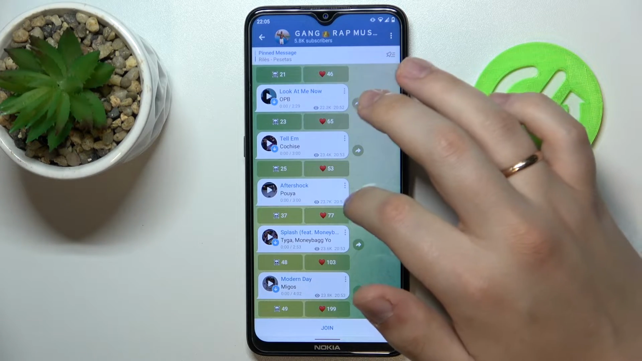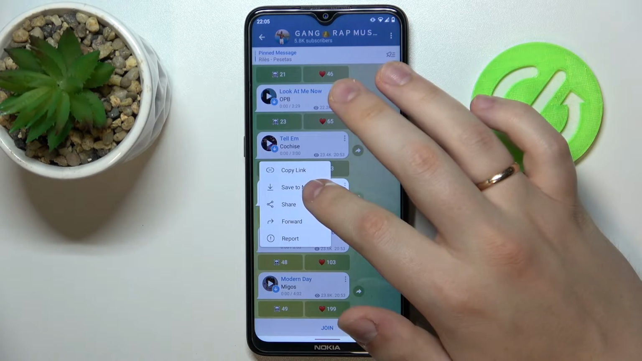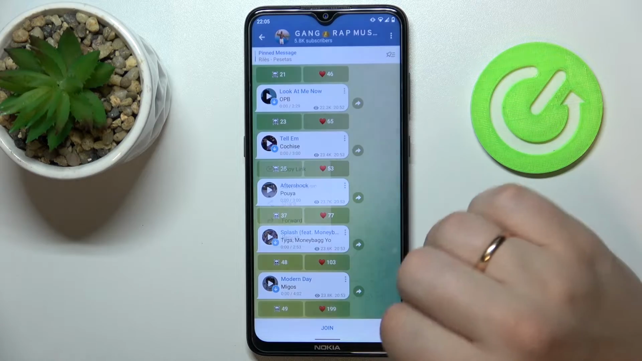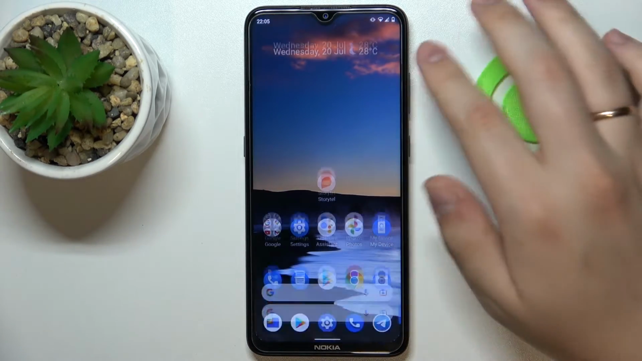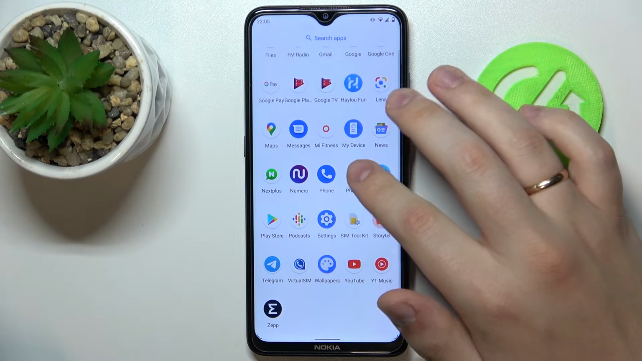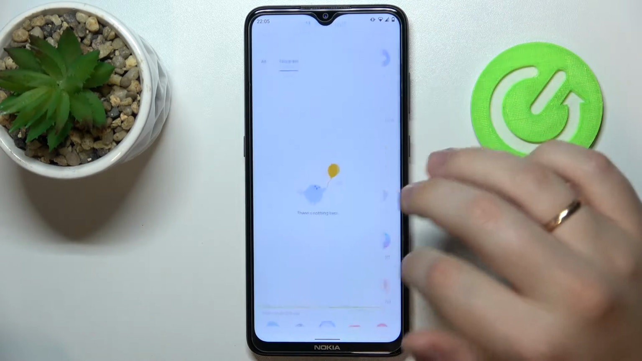For example, I'll go with this one. Tap on the three dots, choose Save to Music option. As you can see, the file has been successfully saved to music. Let me just confirm it by opening the files